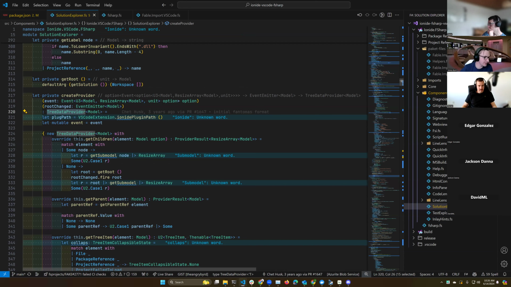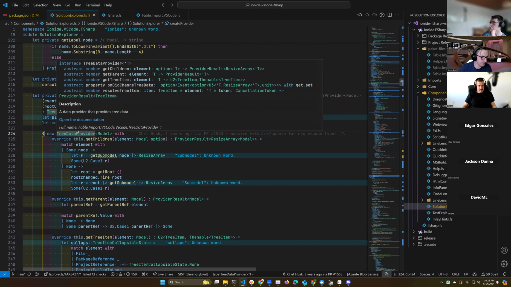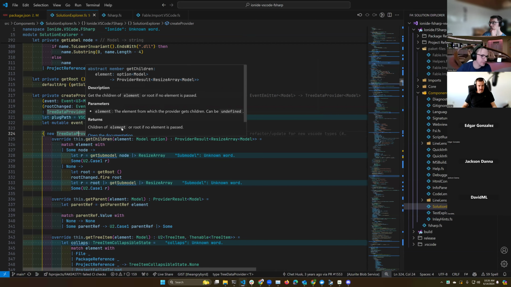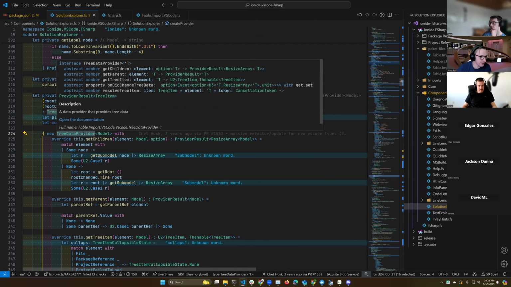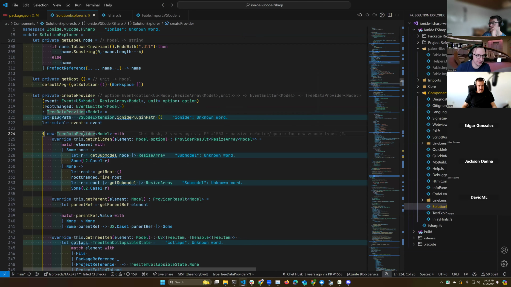The only thing here is right now this is using the object initialization syntax to create a tree provider. I think it's possible to have multiple interfaces on one of these. I remember it being very gross, so this might actually make sense to just make this a type now instead of just a function that returns a type. It's fine to actually have a type that implements both of these things.